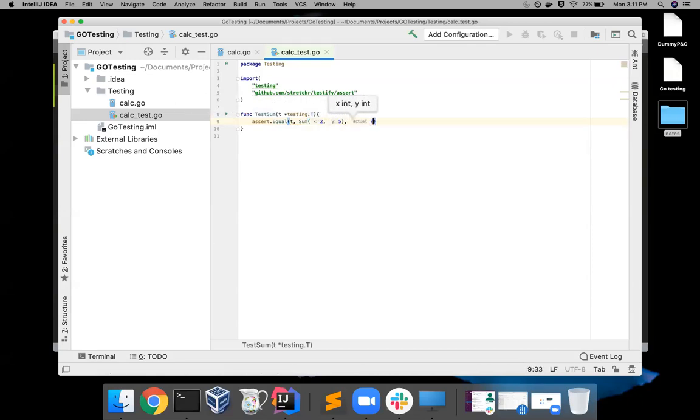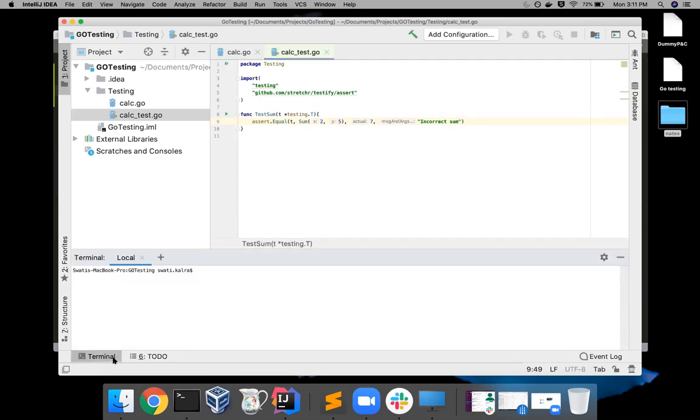The result should be 7. And then this is the message that should get printed when there's an incorrect result. So let's say I'm just giving it this for now. Now to run this test, this is a very simple test. To run this test, I simply need to go inside this folder that contains the test, and I can run